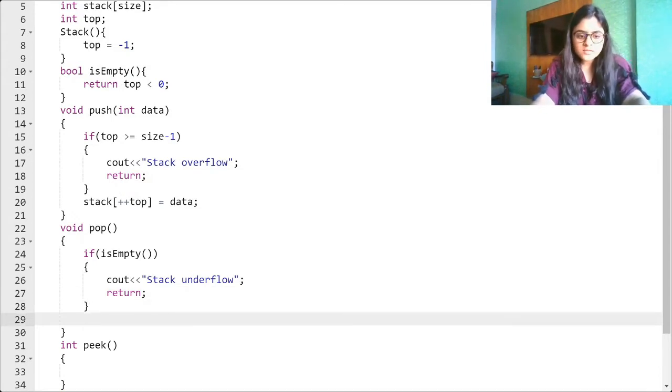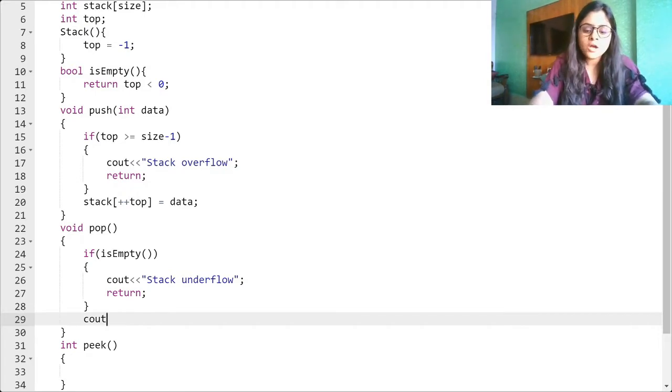And if not this, now you have two options. Either you can just pop it, or you can print that this is the popped element. Also you can return it to the main function, and there you can print it however you like. I am just printing it here. So let's just do popped element is stack top.